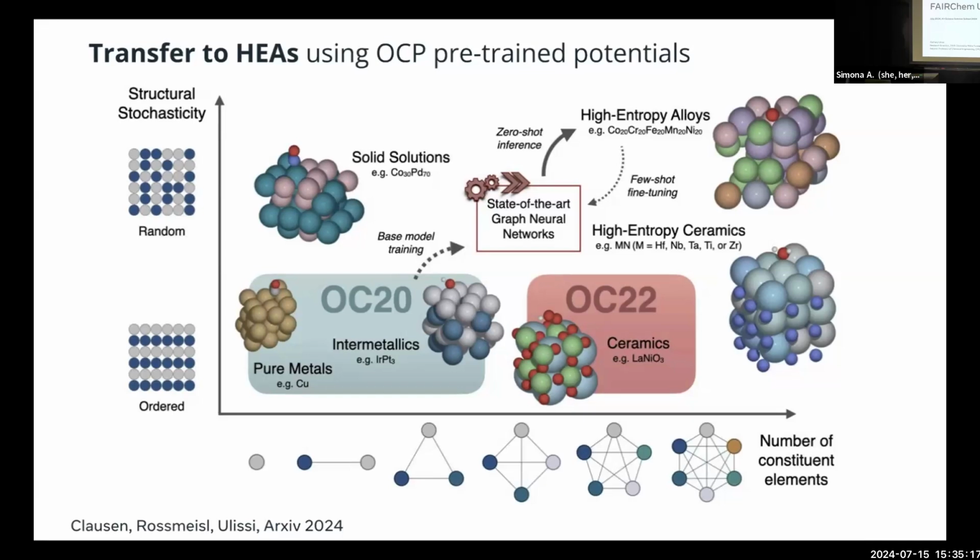So this was another example where Jan sent one of his PhD students to my group when I was at Carnegie Mellon. He was going to spend 3 months. Basically, the assumption was that they were going to need to train a new data set for the solid solution materials, and that our assumption that things were ordered was not going to work. But if you read this paper, he shows that the models, basically out of the box, can predict OH binding energies on these high entropy alloys just about as accurately as on these ordered intermetallics,